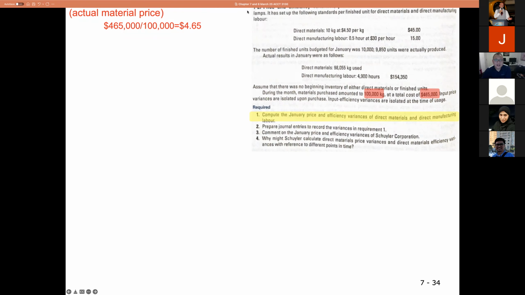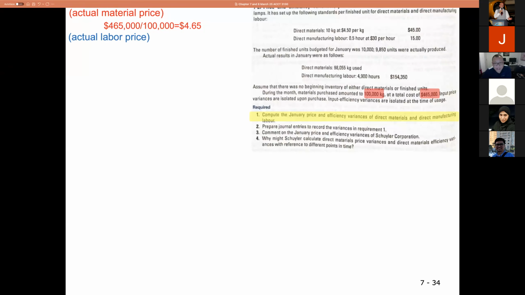So basically, we are using the actual cost divided by the actual quantity, right? So we are figuring out what's the price per quantity. Does this make sense? Okay, yeah. And then the next question is,